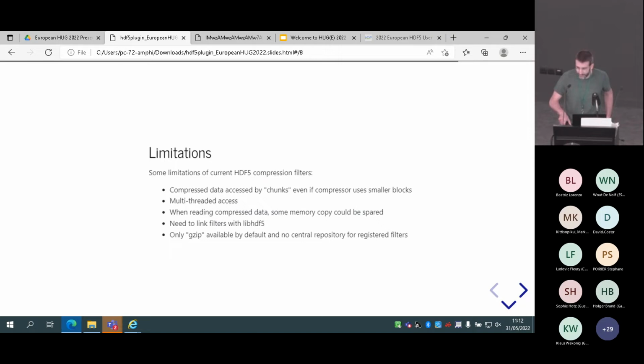If I take an example, the dataset I had for the benchmark, it's one chunk per image, and if I want to access a small window in all images, I have to uncompress all the images, while underneath the compression works on 8 kilobyte smaller windows, so you could only decompress those chunks. Also there is a limitation in multi-threaded access, and in terms of distribution, there is a need for the plugin to get information